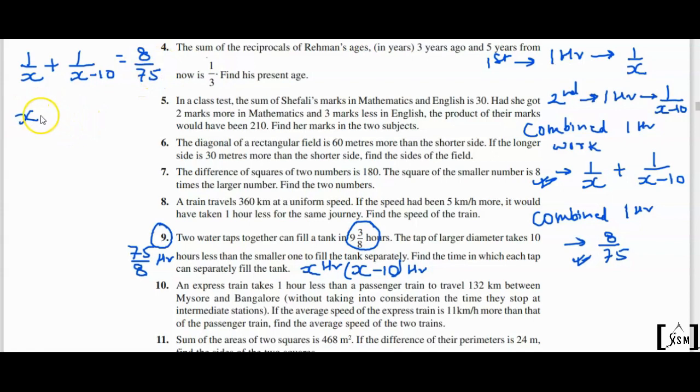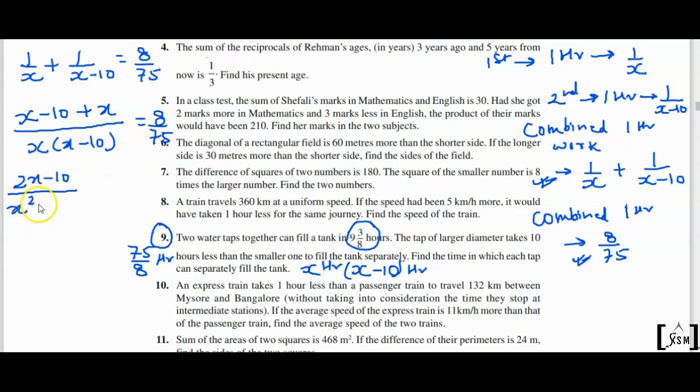Simplifying that, we get x minus 10 plus x over x times x minus 10 equal to 8 over 75. Solving that, we get 2x minus 10 over x square minus 10x equal to 8 over 75, right? And doing cross multiplication, we get